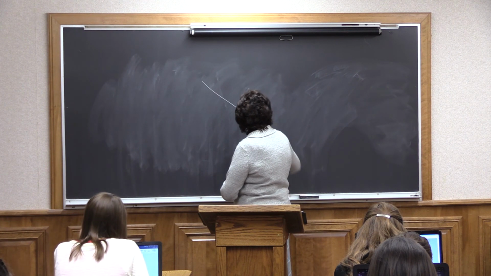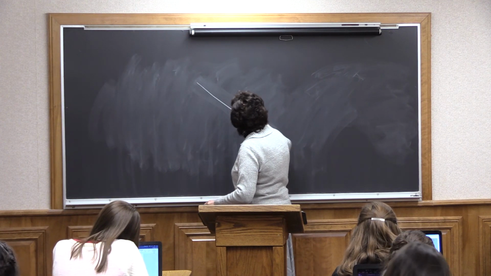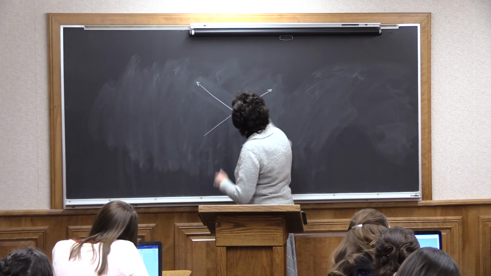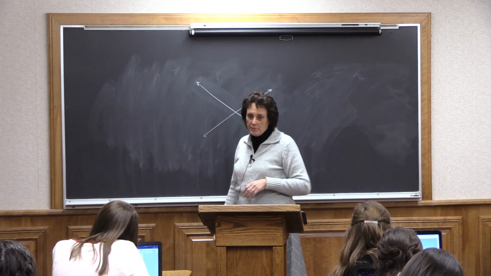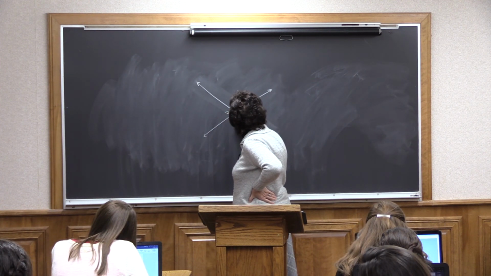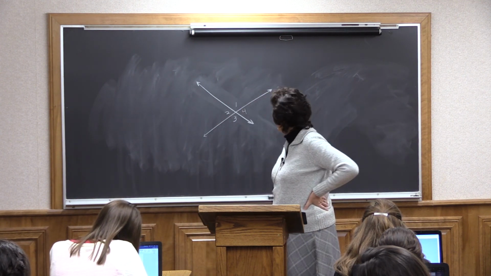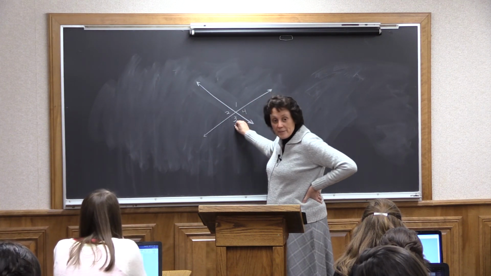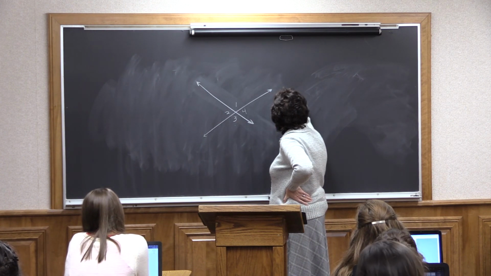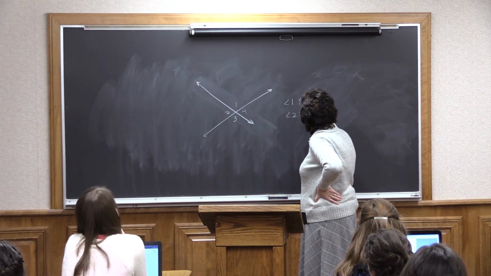They're called vertical angles. I'm going to try to draw a better line than that. And I'm also not going to draw right angles. I'm going to have them intersecting at an odd angle. I don't want to do things straight up and down and so forth. Angle 1, 2, 3, and 4 are formed when those two lines intersect. Vertical angles are opposite angles that form when lines intersect. So you can see here we have angle 1 and angle 3 are vertical,